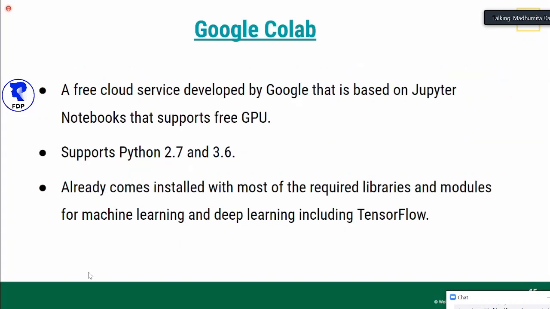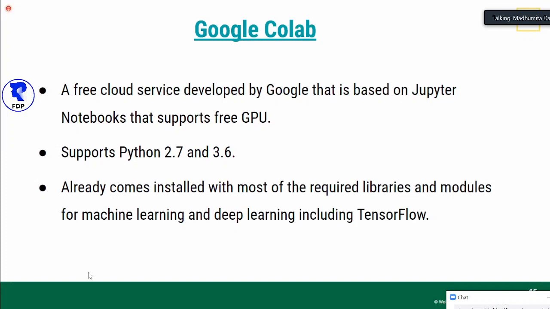The other thing is Google Colab. If you are not familiar with Google Colab, I will show you how to use it. It's an excellent free cloud service that has been developed by Google. It supports only Python, both version 2.7 and 3.6. It doesn't support R, and it's based on Jupyter Notebook. I'm not sure if anybody used Jupyter Notebook in your previous session.